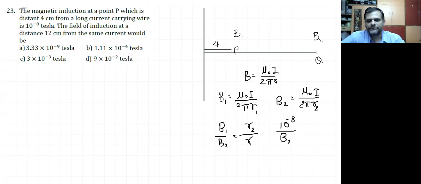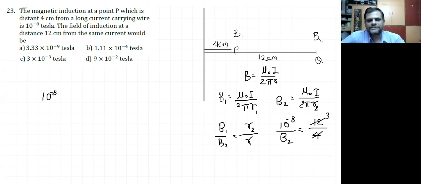B2 is to be found out, but R2 is already given to be 12 and R1 is already given to be 4 here. Okay, ये total जो distance है तो वो 12 दिया हुआ है, 12 सेंटीमीटर. ओके, और ये 4 सेंटीमीटर दिया हुआ है करके. यहाँ पे अगर हम सपोज 12 और 4 को रिड्यूस करेंगे तो हमको मिल जाएगा 4 1 जा 4 3 जा, and hence we can just shuffle these terms and get this as